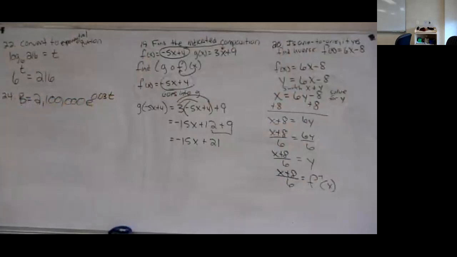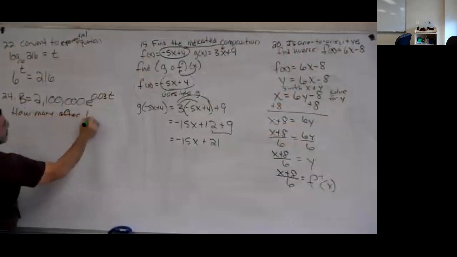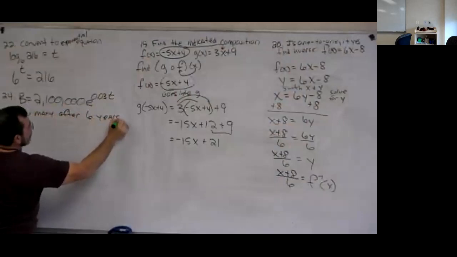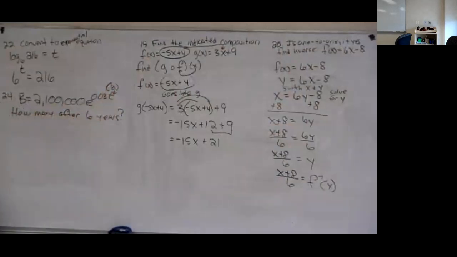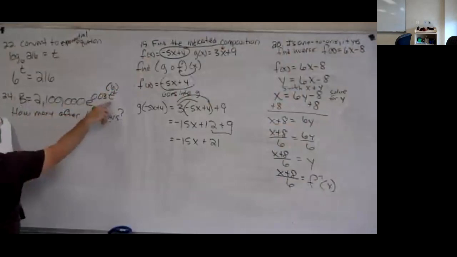And then it says, how many people will a country have after 6 years? So all you're going to do is replace that t with a 6. So is that the answer? That's the answer. Okay, so on that, if you replace the T with a 6,